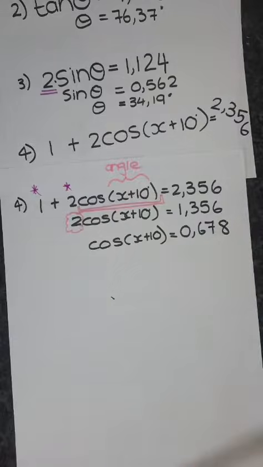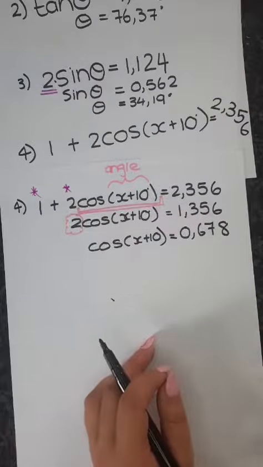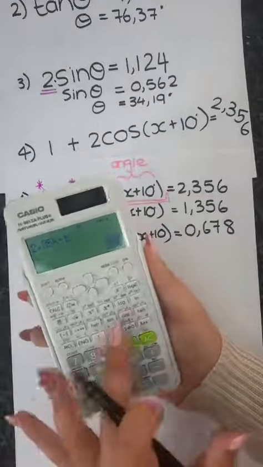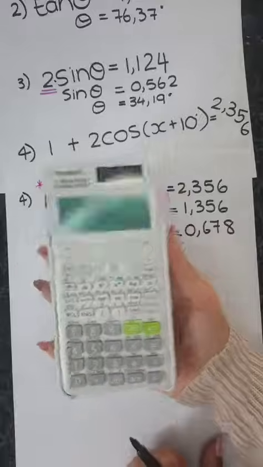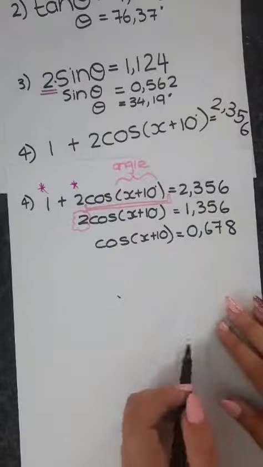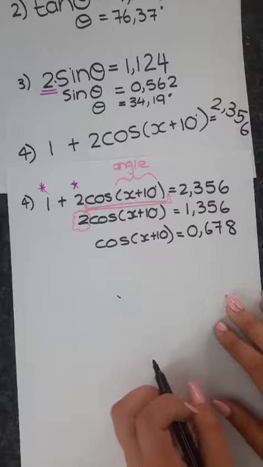Awesome. I subtracted it by 1,000. No. 2,356 minus 1 is 1,356. Okay? I did not subtract wrong. Then, what do I do next? Now,